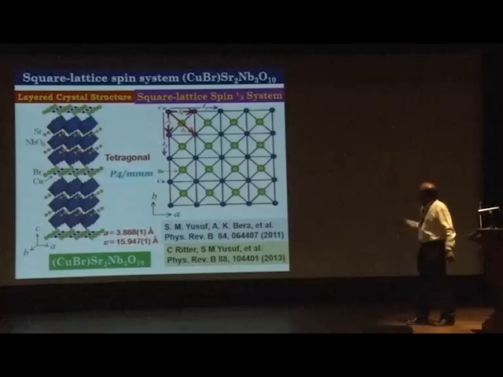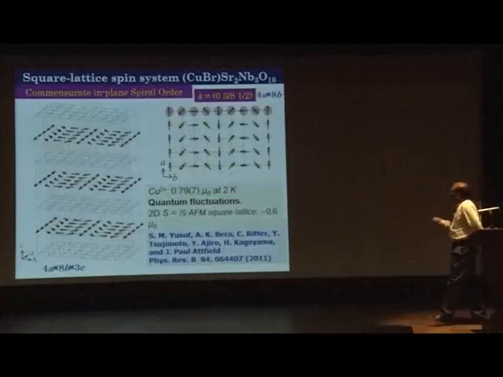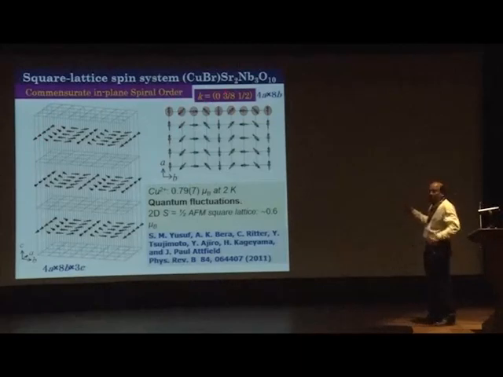And over and above, it is a square lattice, and also we deal with copper spin half. So it is a very good quantum system with the square lattice spin arrangement. Now, by doing powerful neutron diffraction experiments, this is the magnetic structure we get in the plane. In plane, we get the commensurate incommensurate spiral order of the copper spin half, and this is where the propagation vector that gives the